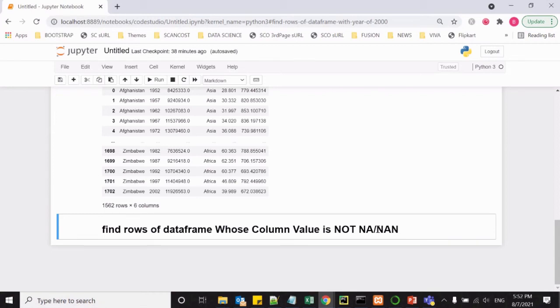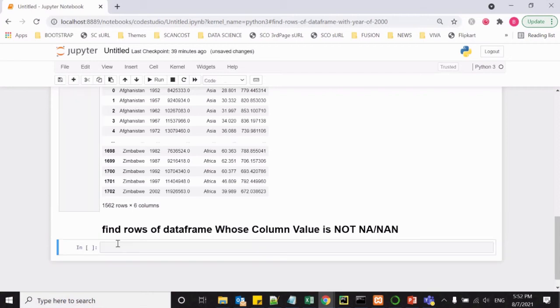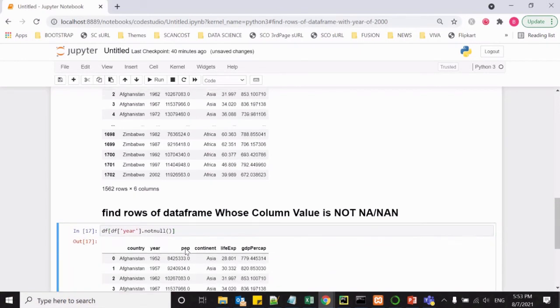In our example, we will apply the criteria on the year column and see the results. First of all, you get the column. Now there is a function called notnull. Using this method, we can get the rows of year having not null values.